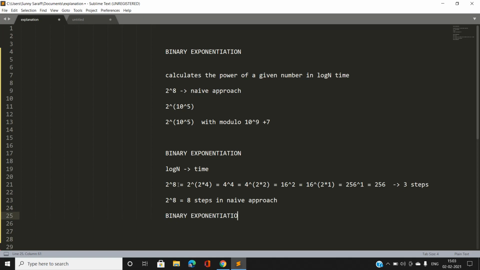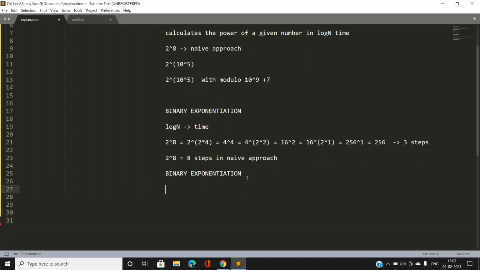How we are going to implement this binary exponentiation in our code, I will tell you in a few minutes. Let us first understand an important property related to this. Suppose we have to calculate 2 power 12. In this case our next step would be 4 power 6, as we have divided 12 by 2 and replaced the base with its square, that is 4 power 6. Again I am going to divide 6 by 2, so our new statement would be 16 power 3.